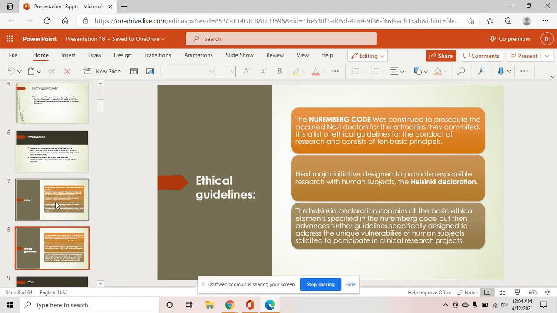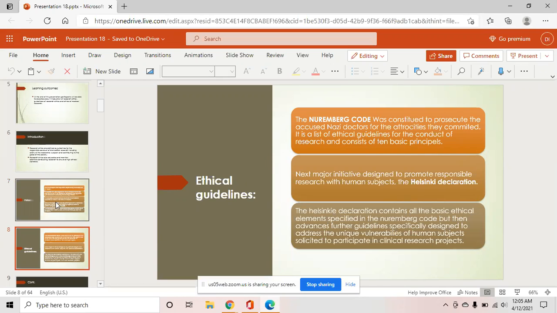Ethical guidelines. The Nuremberg Code was constituted to prosecute the accused Nazi doctors for the atrocities they committed. It is the list of ethical guidelines for the conduct of research and consists of 10 basic principles. The next major initiative designed to promote responsible research with human subjects was called the Helsinki Declaration. The Helsinki Declaration contains all the basic ethical elements that are specified in the Nuremberg Code, but then advances further